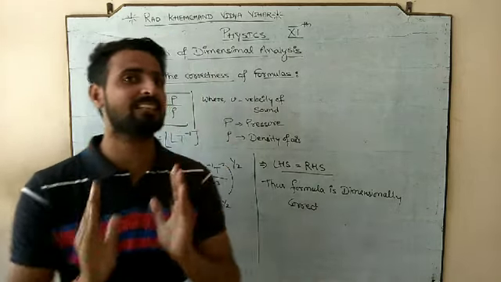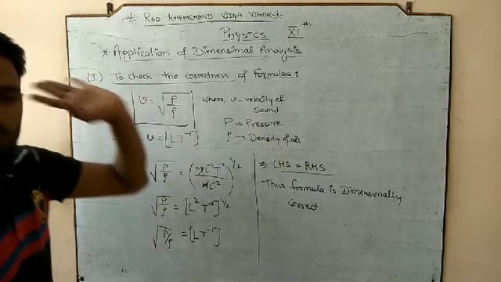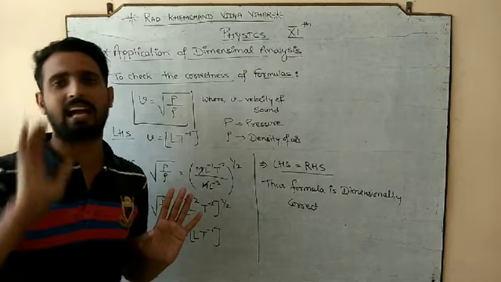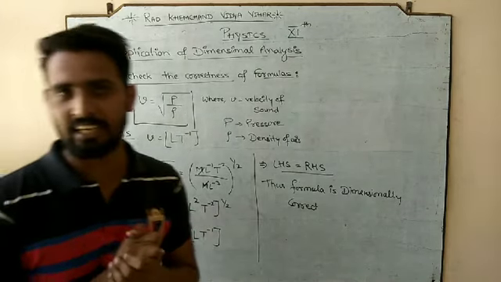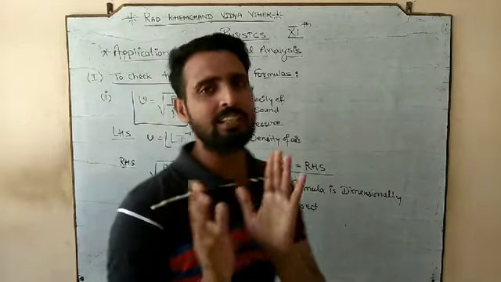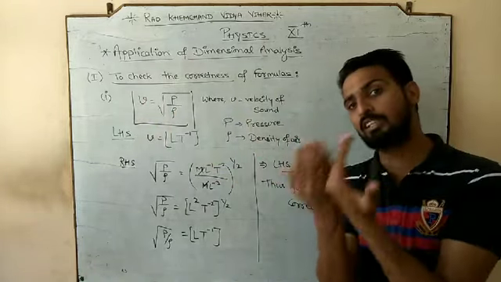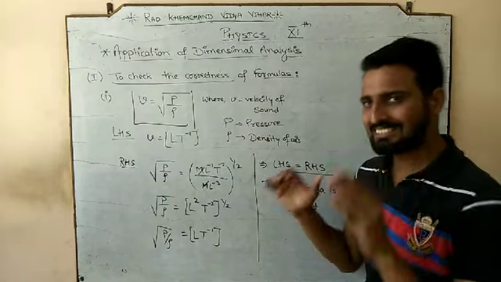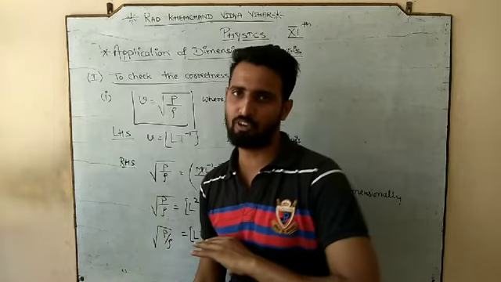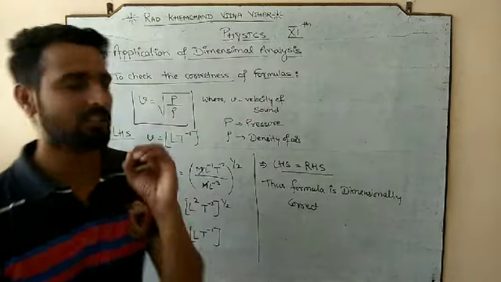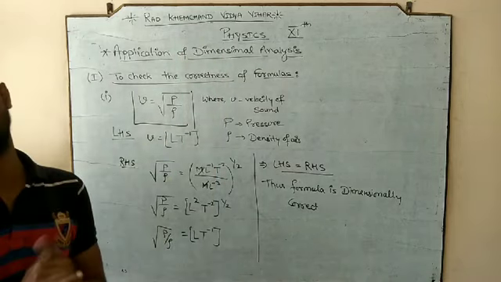So this is the best example I have that in real life this formula is not practically applicable when Newton did this. But this formula is dimensionally correct, means in terms of the unit it is correct. So whatever be the unit on the left hand side, the right hand side would also show the same unit. And that is the thing we are doing, that we are checking the correctness of the formula. But the word correctness means on what behalf are we checking the correctness? On the behalf of dimension.